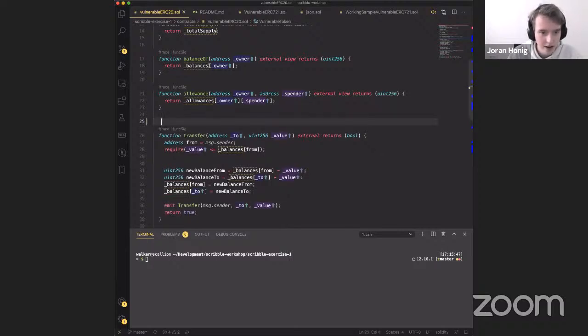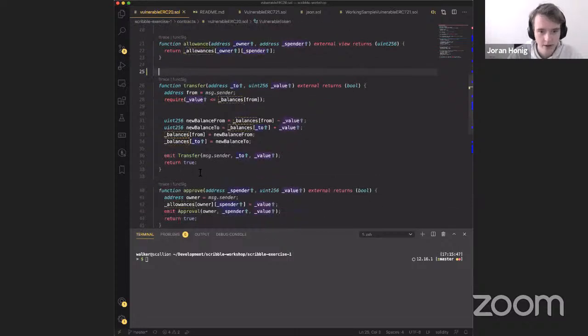And I'm going to go in and write some properties for the transfer function, because I know that's an interesting part of the contract. It's transferring value. So if something goes wrong here, it's probably bad. And I'll dive right in and just write properties about what I expect the contract to be doing. So I'll start